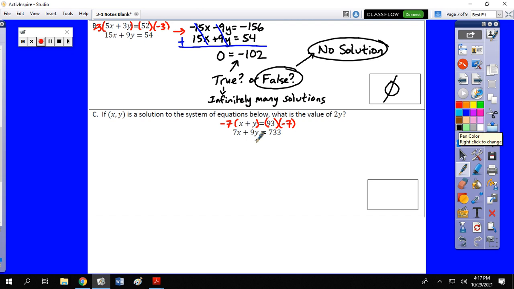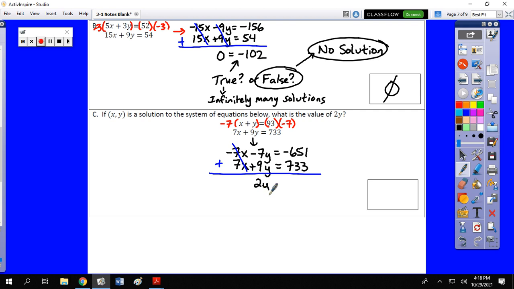So when I multiply it by negative 7, my new system is negative 7x minus 7y equals 93 times negative 7, or negative 651. I did not touch the second equation, so I'm just rewriting the second equation underneath the new first equation. And if you notice, when I add those together, x cancels, leaving me with 2y equals 733 minus 651, which is 82. That is a one-step equation where I need to divide both sides by 2